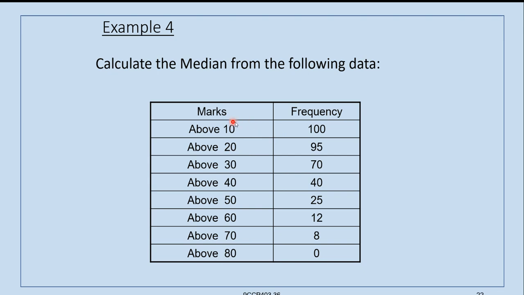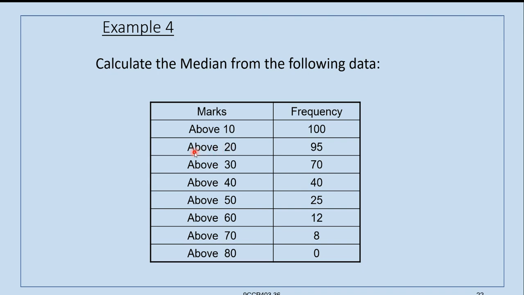That means this is taken as the lower limit of the first class interval, because it indicates that this is the first value of the class interval of the series. First value of the first class interval of the series. First class interval is this one. So the lower limit of the class interval is 10. This is the lower limit what we are seeing. 10 is the lower limit of the first class interval.